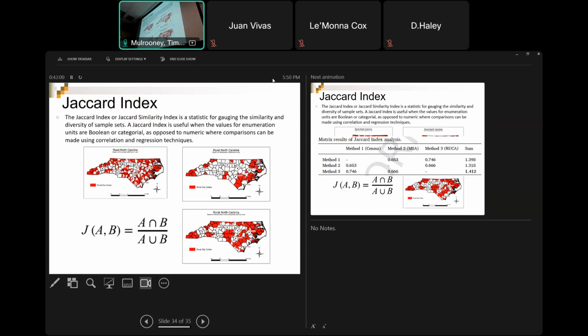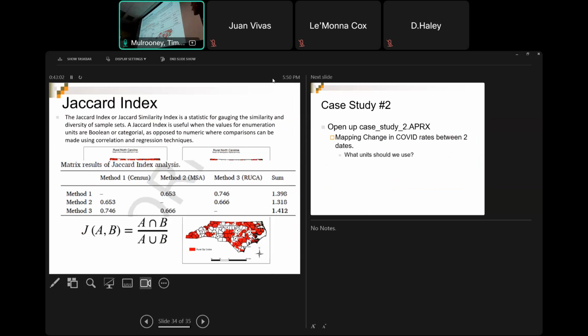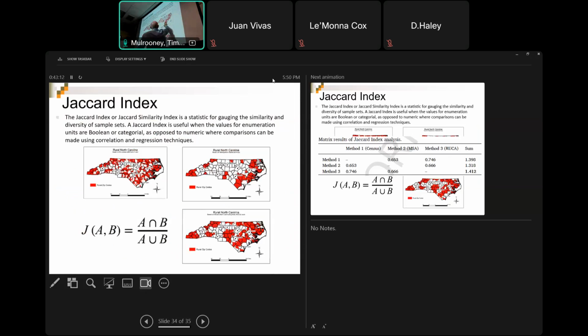And so we compared these. And so when I ran method 1 versus method 2, 65% of these compared, matched up. So for these, this one versus this one, 65.3% of the reds lined up, and then the whites lined up because them both being rural is also a match, or them both being urban is a match. Okay, so they're either urban or rural.